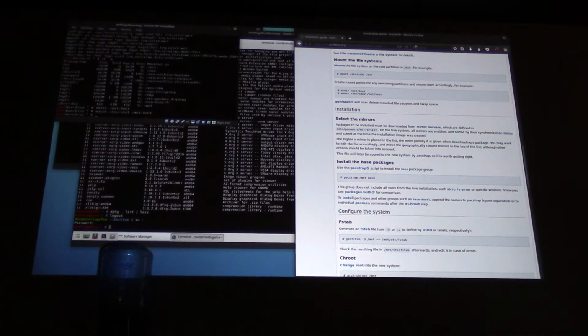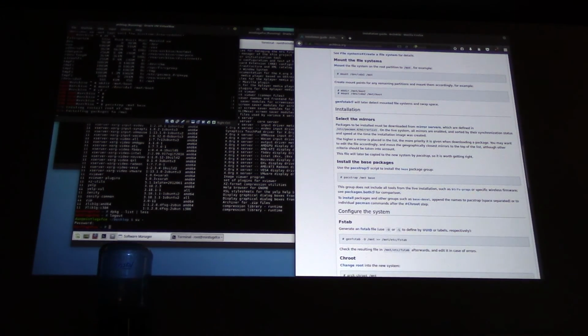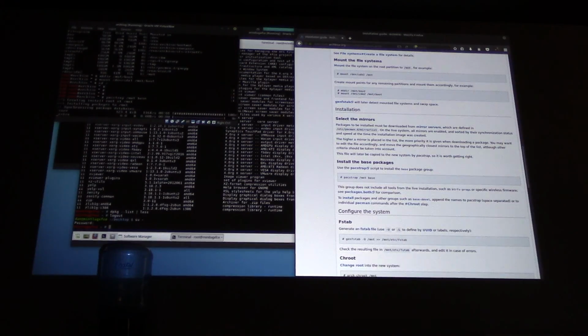Cool. Next, we don't really care to select the mirrors. It'll figure that out itself. What I'm going to do is pacstrap. I like the little frowny face. pacstrap /mnt base. What this does is it goes and fetches everything and installs